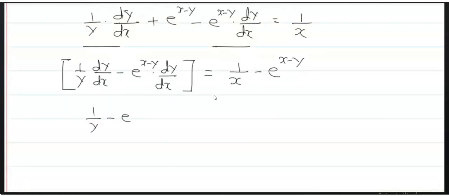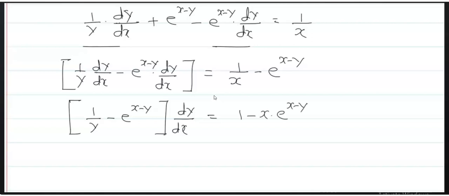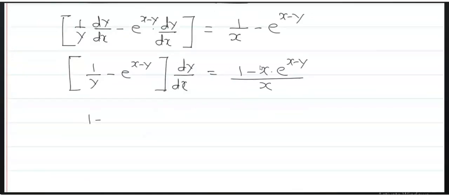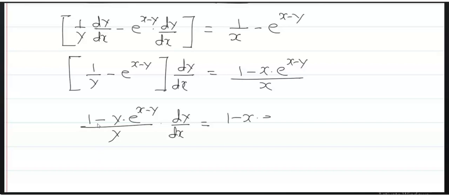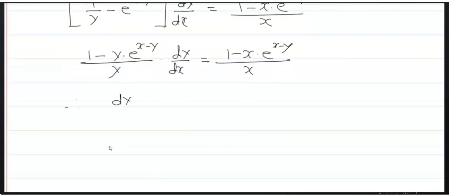Take dy by dx as common: 1 upon y plus e raised to x minus y into dy by dx is equal to that. Simplifying, 1 minus x into e raised to x minus y upon x, and again 1 minus y into e raised to x minus y upon y, and that's why